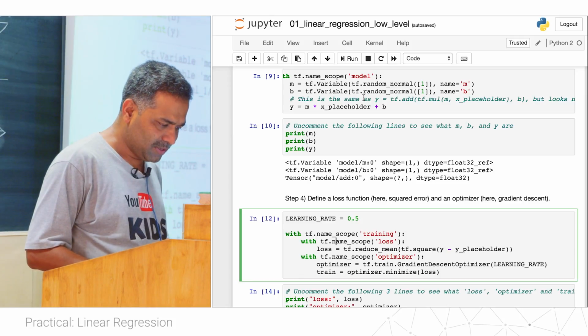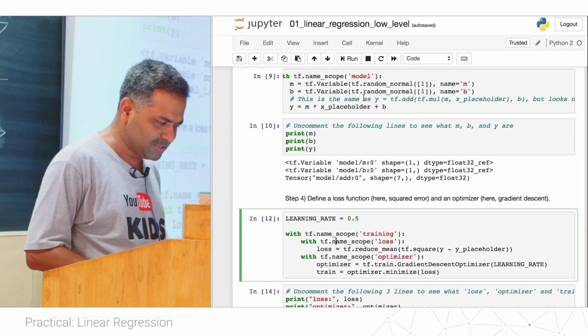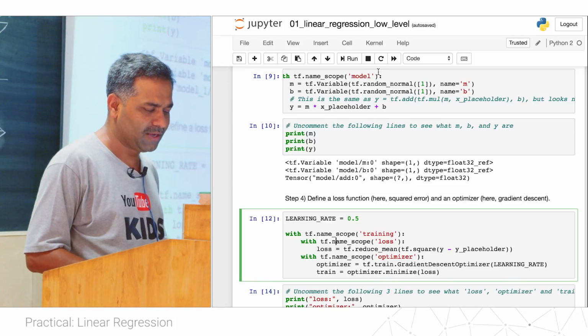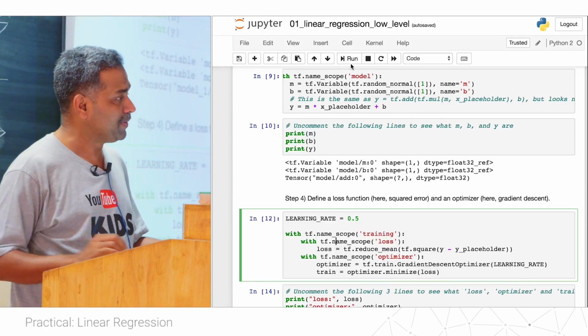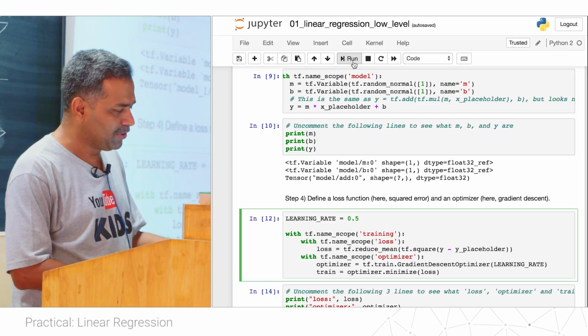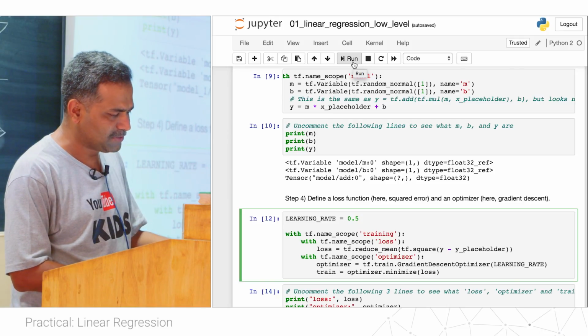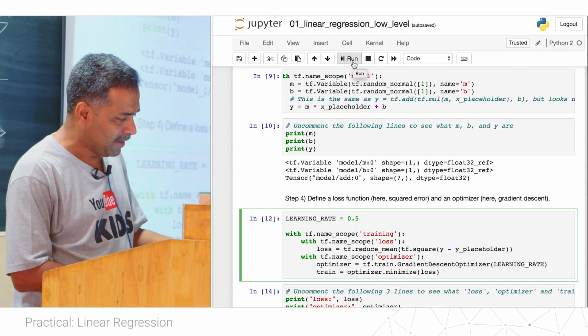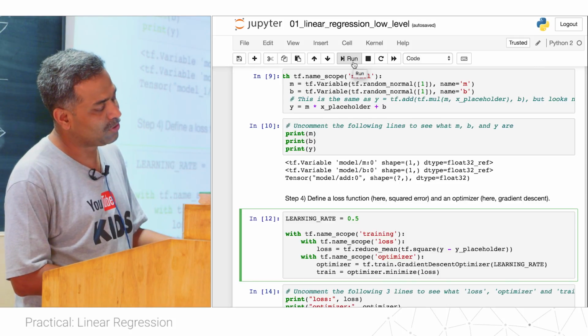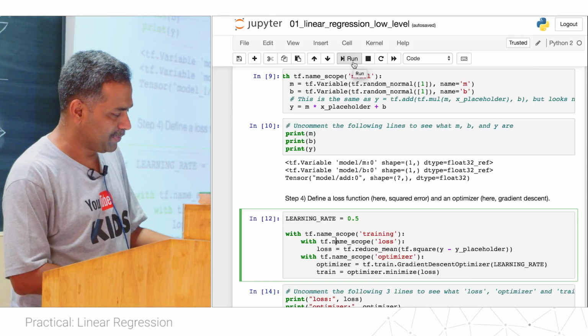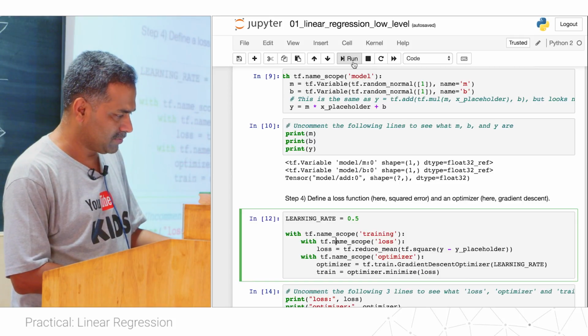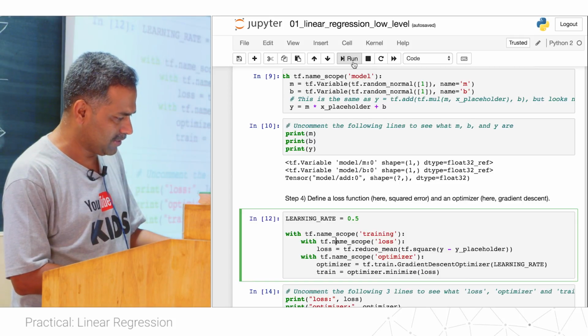That's my loss. Then under scope optimizer, I select gradient descent optimizer, tf.train.GradientDescentOptimizer. I specify the learning rate for that, and I get a train operator, which is optimizer.minimize loss. Let's execute this and let's run this.